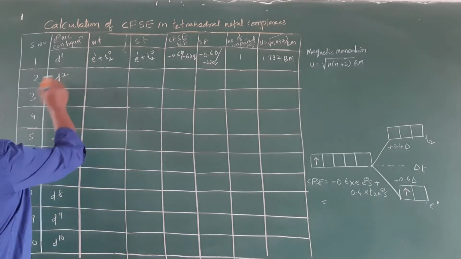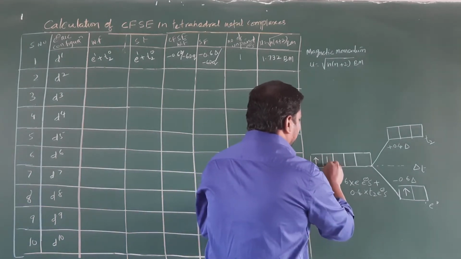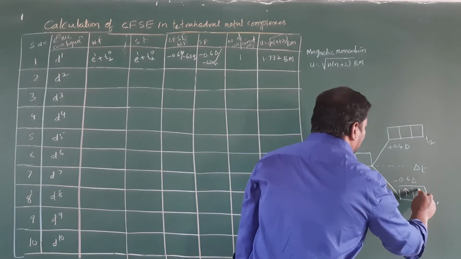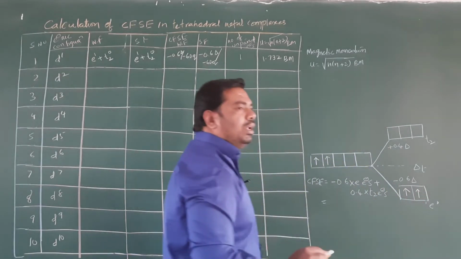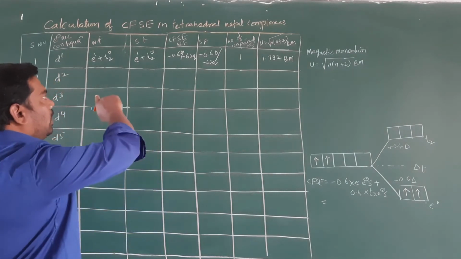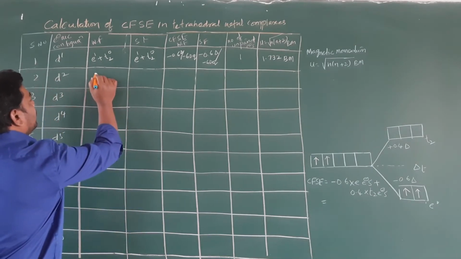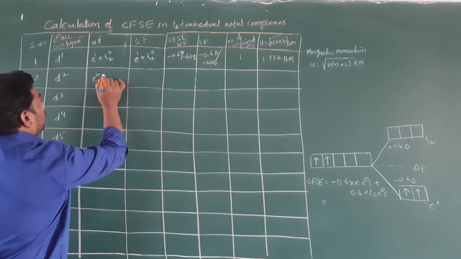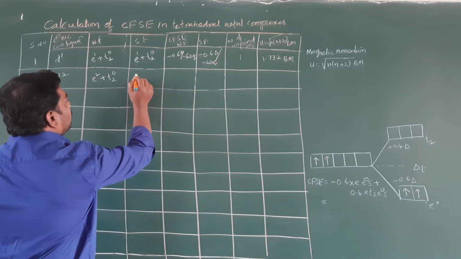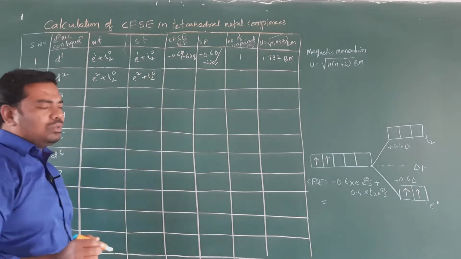Then the next, the d2 configuration. One more electron is placed into the d2 level. This electron goes into the lower energy E set of orbitals only. So it is similar for both weak and strong field metal complexes. In this case the E electrons are 2 and there are no electrons in T2. Here also it is E2 T2 0, so there is no electron in T2.